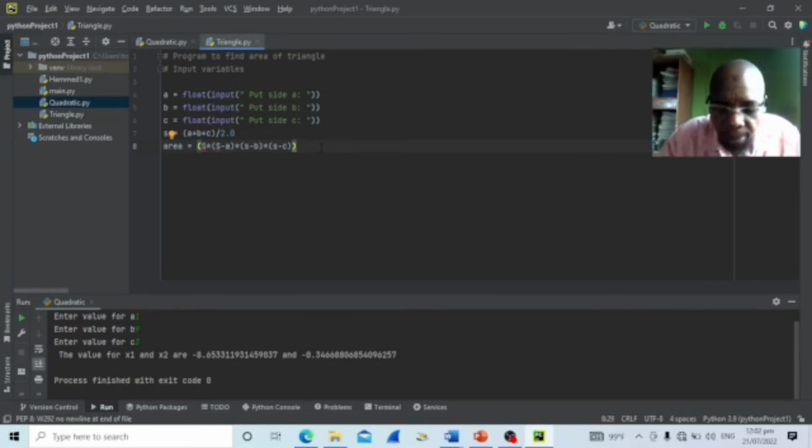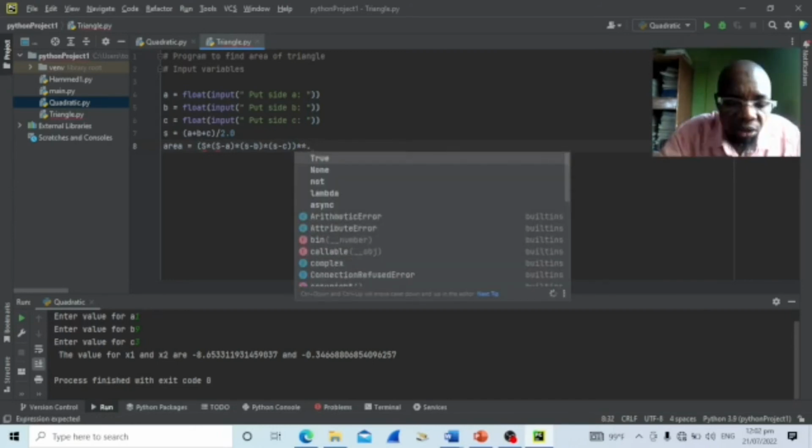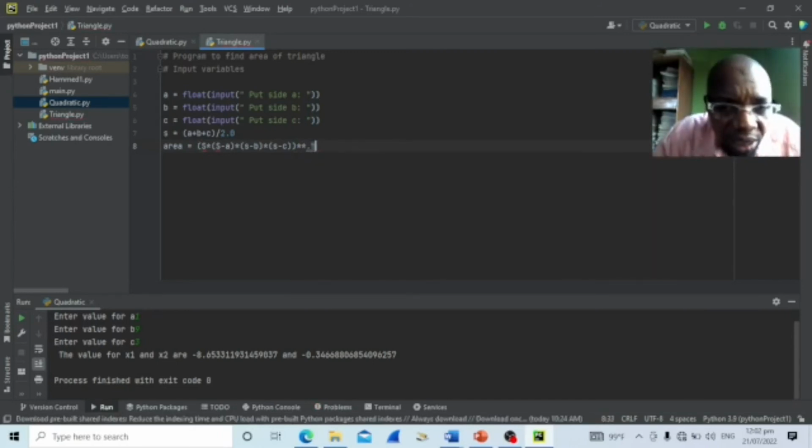This one we say double asterisk 0.5, that is the square root of everything that is inside the bracket from here down here. So then we have to put print